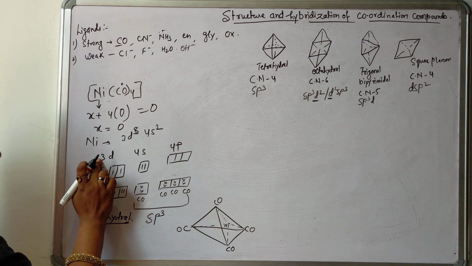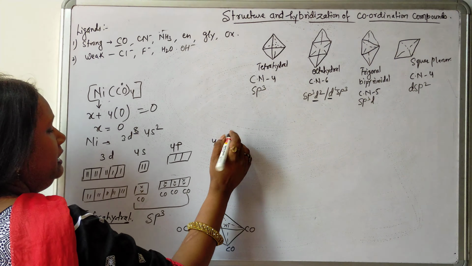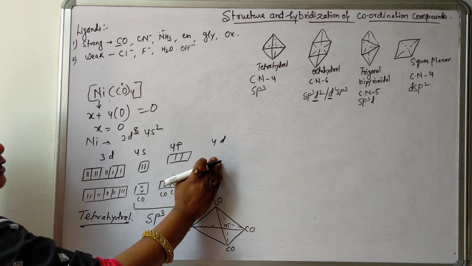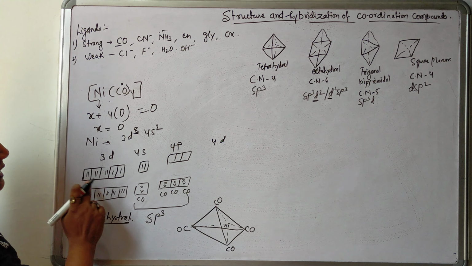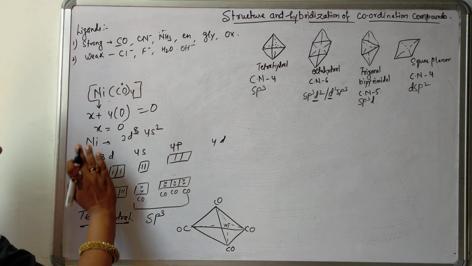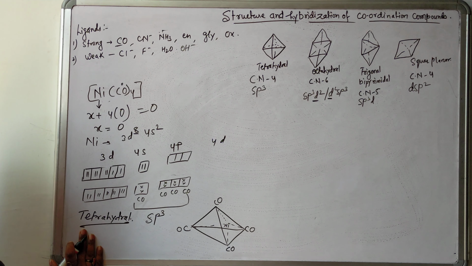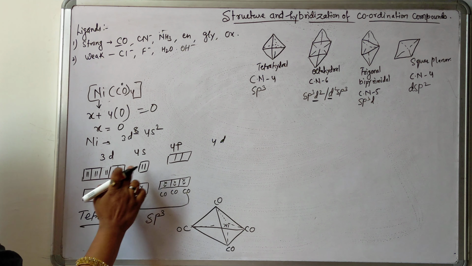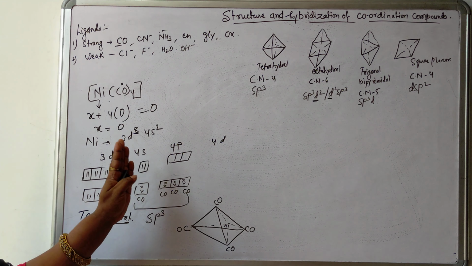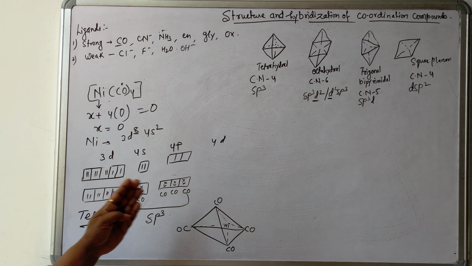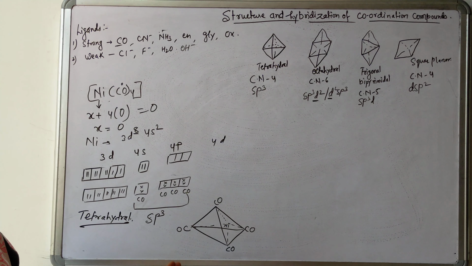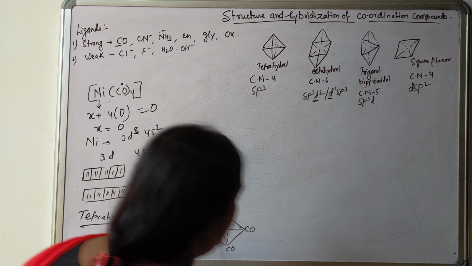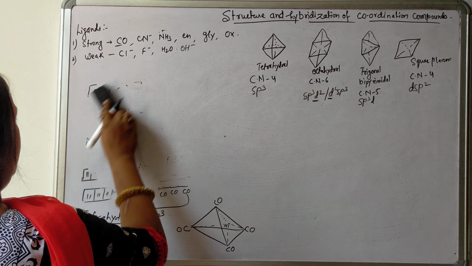And here we will write, this is the outer d orbital. When more ligands are present, the outer d orbital will also be used. Since the inside d orbital is used, it is an inner orbital type complex. The inner d orbital is used because CO is the strong ligand, so all the 4s electrons will be moved toward the 3d orbital for pairing. Understood? Next, I am going to explain another example.